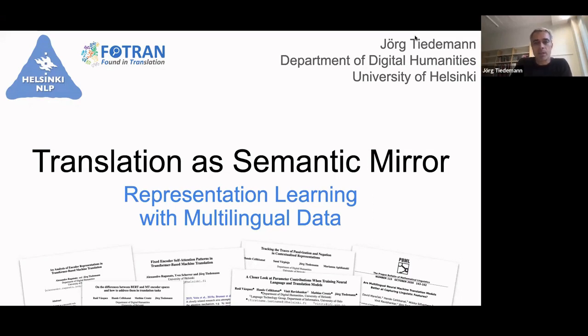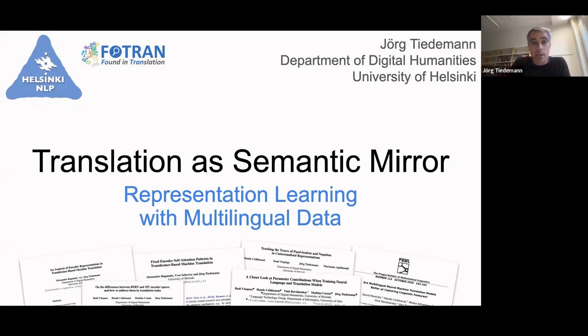not coming from NLP. I will talk mainly about one project that we are running here, which is called Found in Translation, FoTran. It's a long-term project that started some years ago and mainly goes about representation learning from multilingual data, as the title suggests here. So I will talk about a couple of papers that we have published, but not mainly looking at all those different kinds of details from the papers, but also giving a high-level overview of what I think is important to